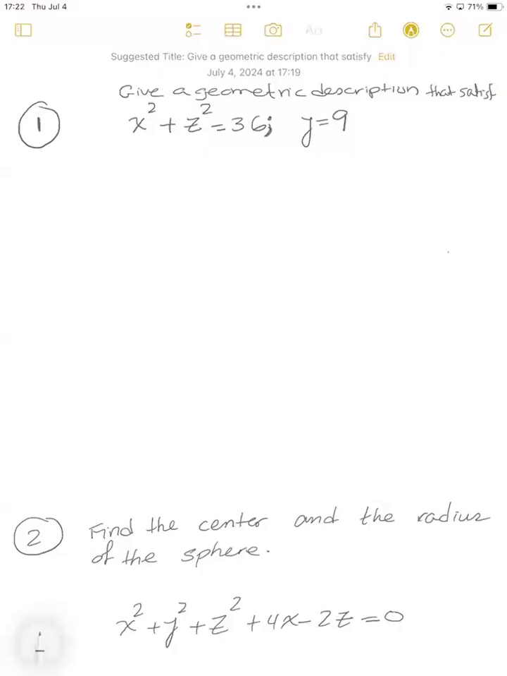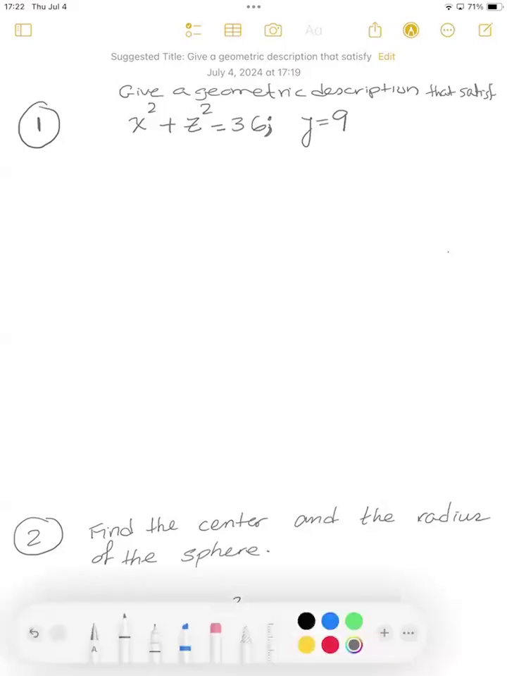I am going over test 1, chapter 12. Give a geometric description that satisfies the given equations. So we do have two equations, x to the power 2 plus z to the power 2 is equal to